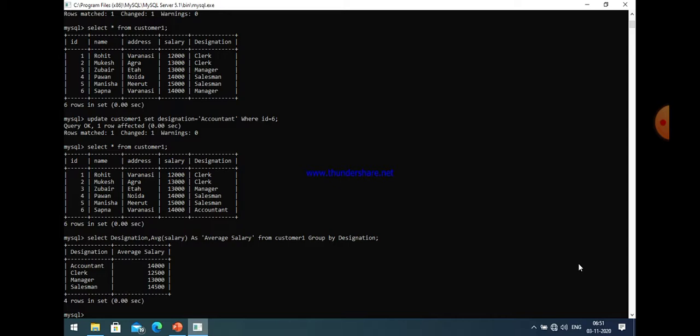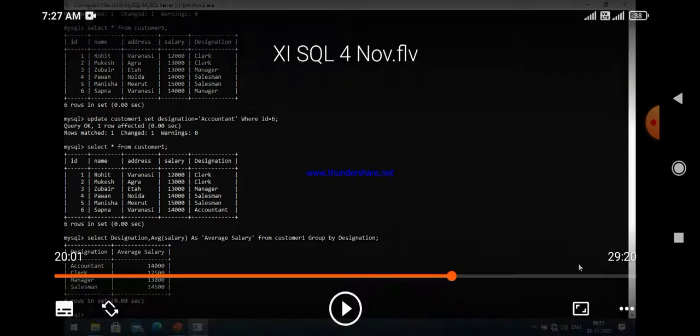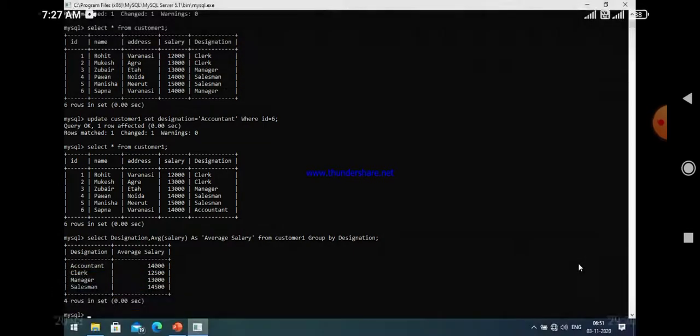Now if there is a certain condition regarding that table, then you can also apply the where clause with it. Let us check it. Suppose that is our command, and the where clause must be used before the group by clause. That is another main point.